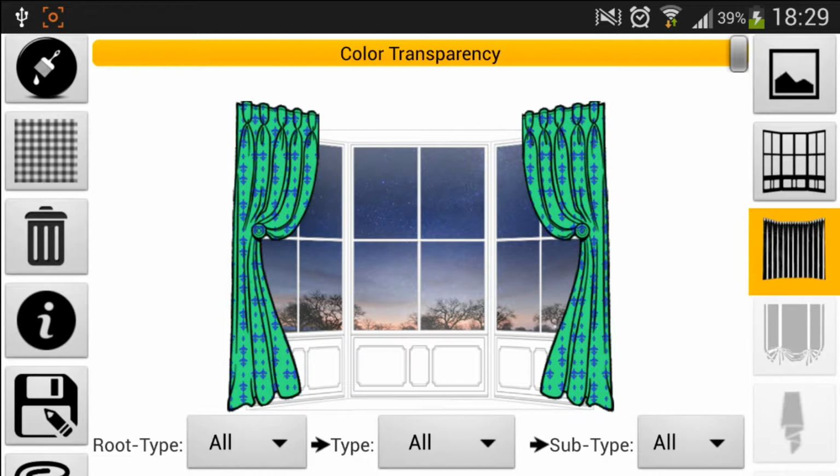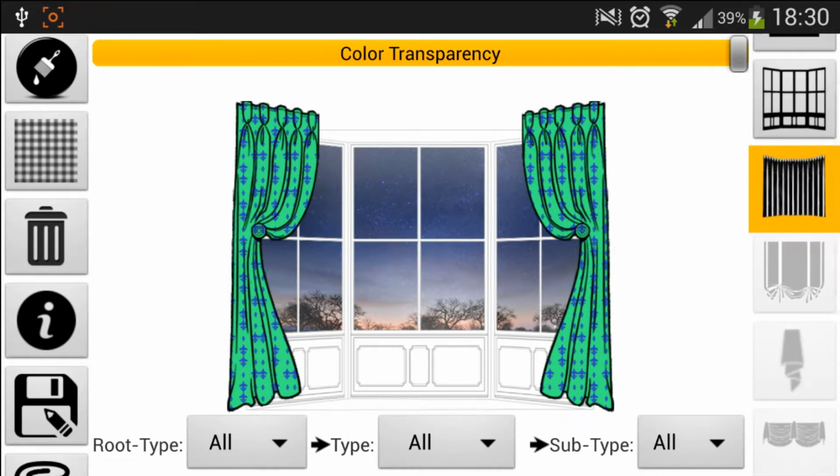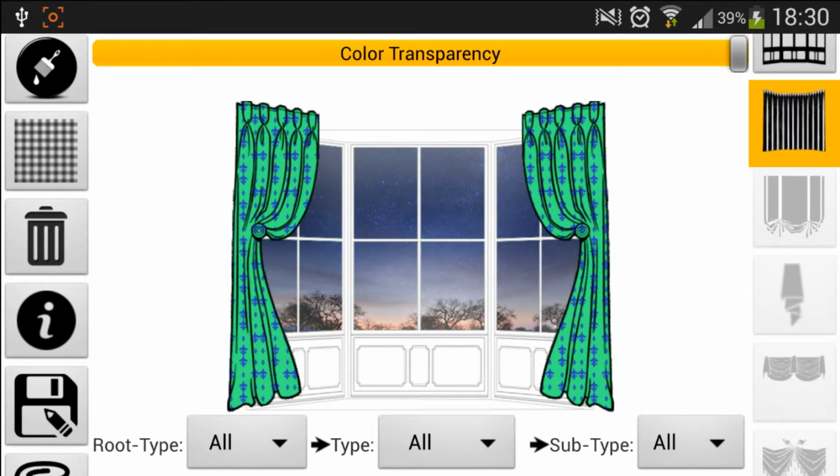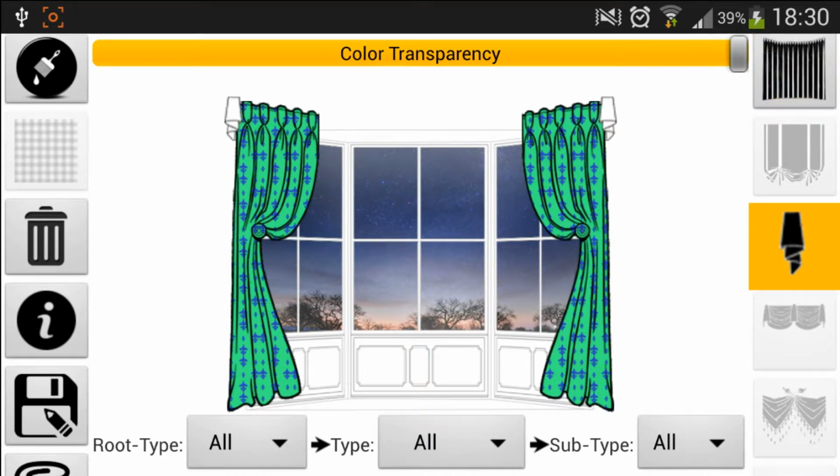Now please make sure that the color or pattern you want to select is applied to the selected object. So let's say we want to choose tails, for example.